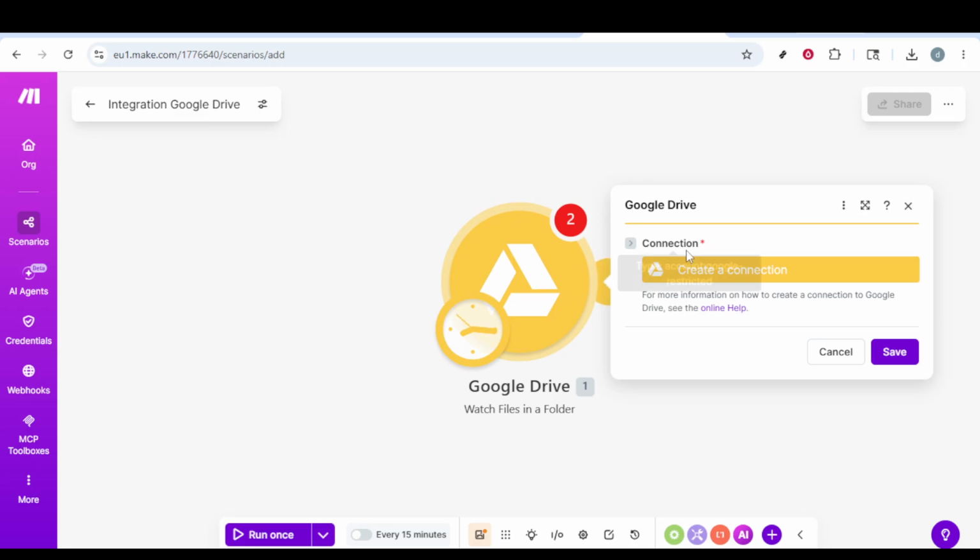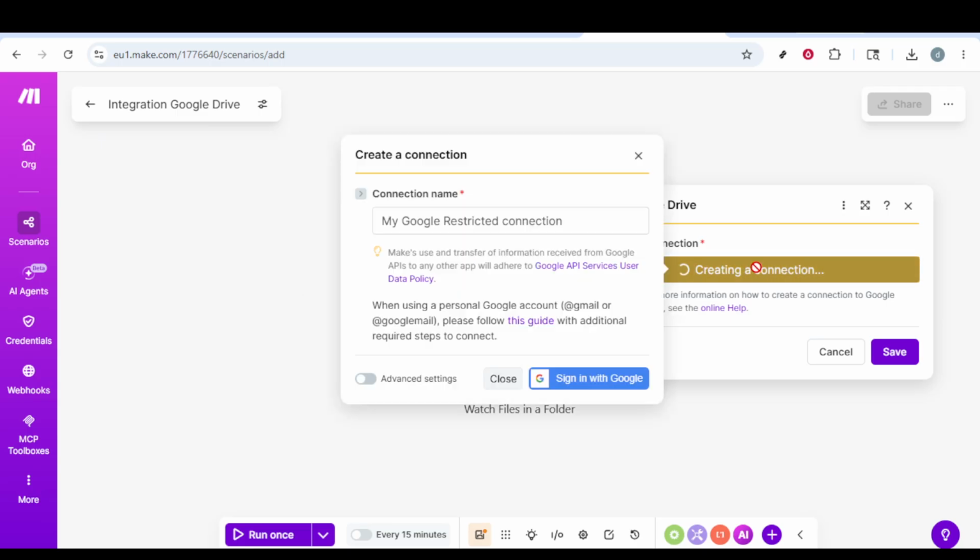Upon initiating this connection, a pop-up will appear asking you to sign in with your Google account. This is where you need to select the Gmail account that is connected to your Google Drive, such as your name at gmail.com, and proceed by clicking Allow. This step is crucial as it gives Make.com the necessary permissions